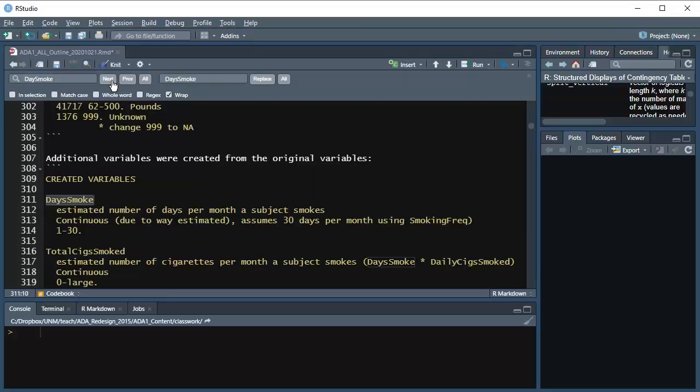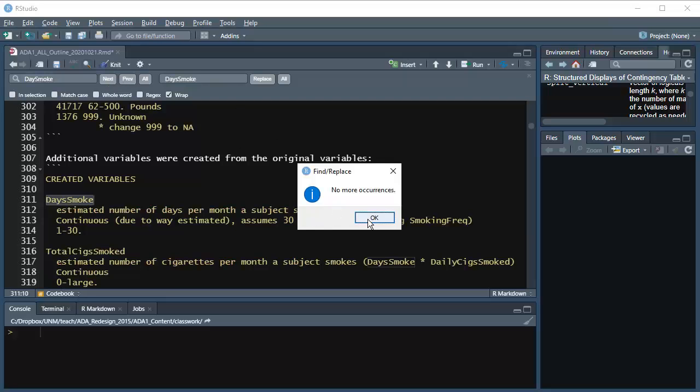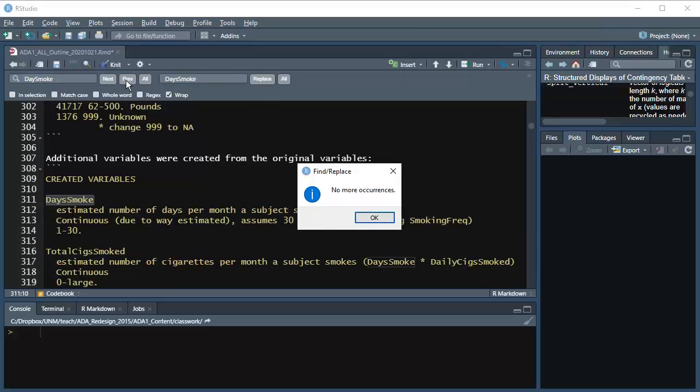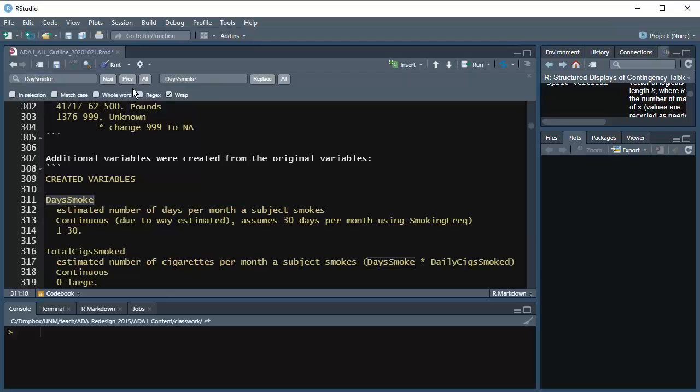Was it really just one place? Seems like there was more, but anyway, there we go. Okay,